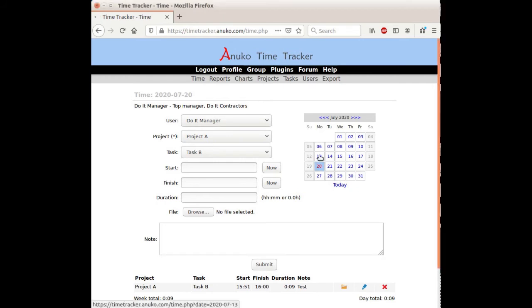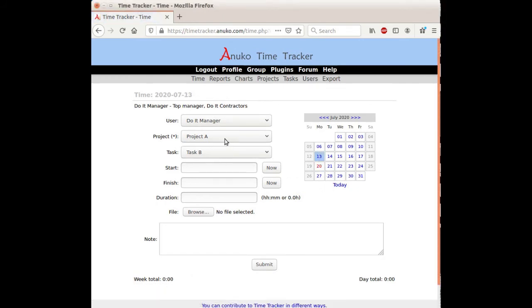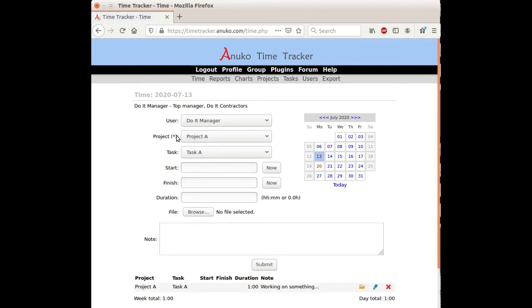So we can now go to some change date and then fill in some additional time by supplying some additional data. So very easy to use. The only thing I had to do from the default installation was to configure the tracking mode for my group to be projects and tasks.